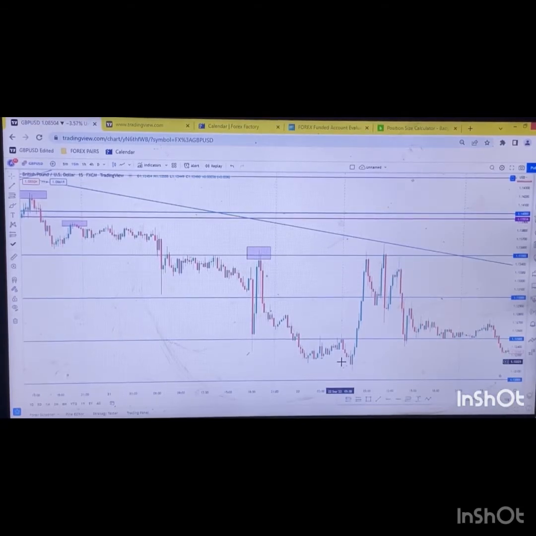So I just passed that one. I will do a breakdown of how I made 7,000 US dollars on this particular trade. So I'll be using the replay option now, and before